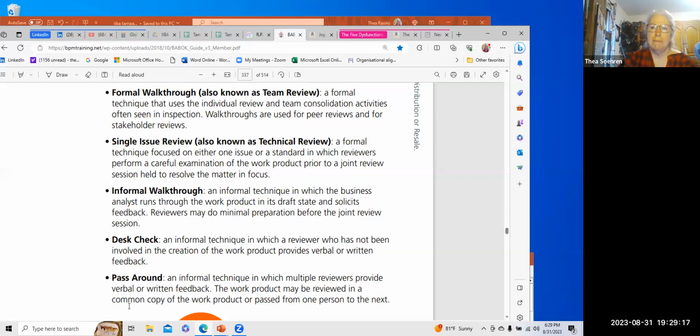And they can say, I think the buttons need to be a little bit larger because our demographic are over 65, so we need to make it where they can see it. It just gives them a chance to give us feedback, and so we can make changes before we get too deep into the development. A desk check, an informal technique in which the reviewer who has not been involved with